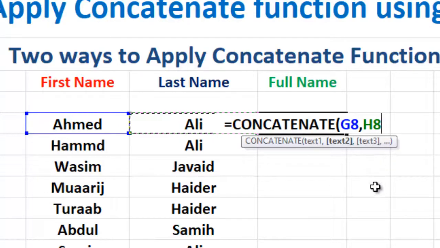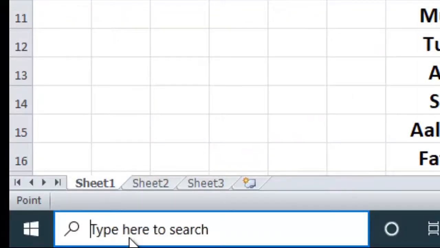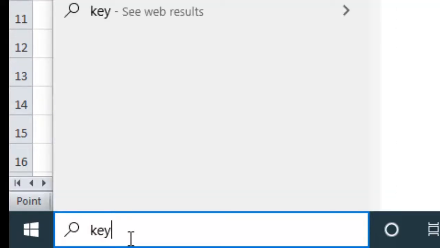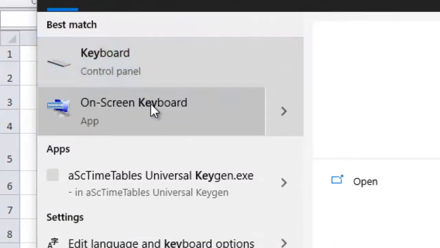How will you close the bracket? Shift 0 from your keyboard. Let me show you the keyboard. I click on the bottom left corner and type "keyboard", and you can see the on-screen keyboard will appear. Click on that.